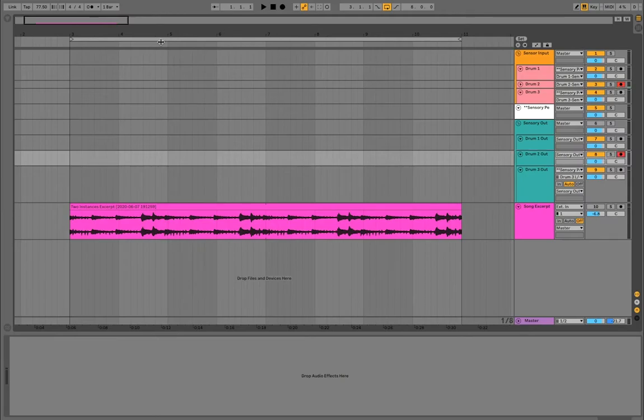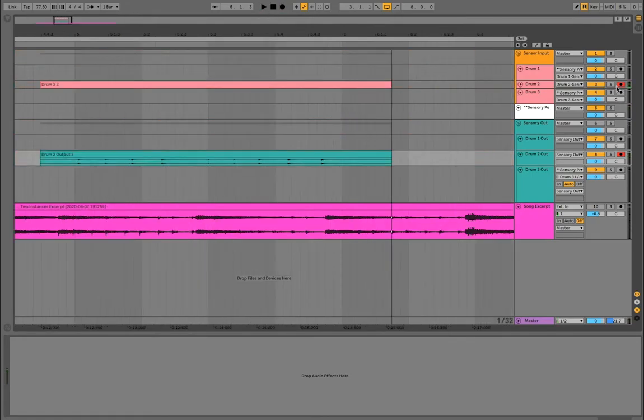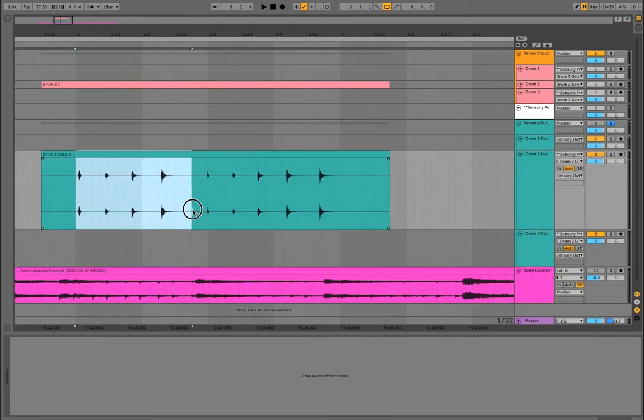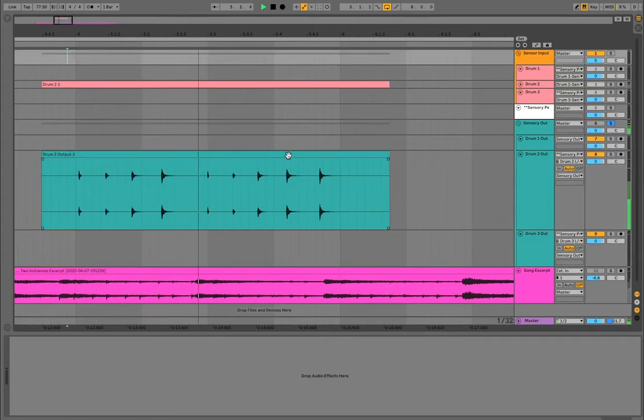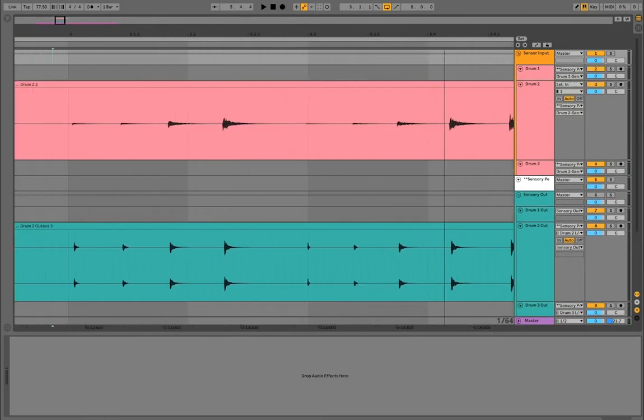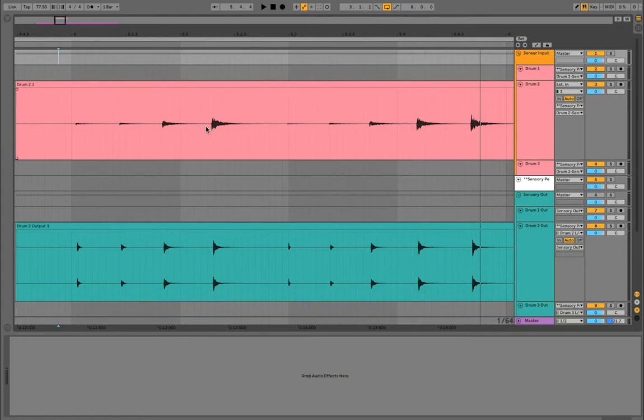So if I record on both of these, and I just record a little bit, down here, this is the resulting audio after sensory percussion. That's the actual audio of the sample, the snare sample I have. Up here, it's a little confusing, but this is actually the sensor audio. So if I temporarily just route this to the main output and I solo this, you can hear